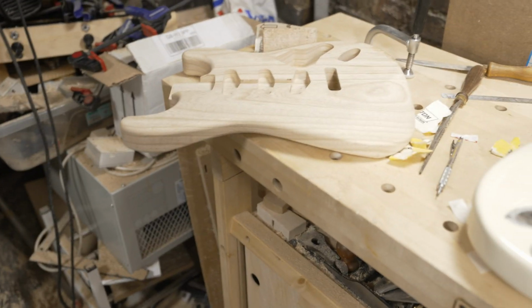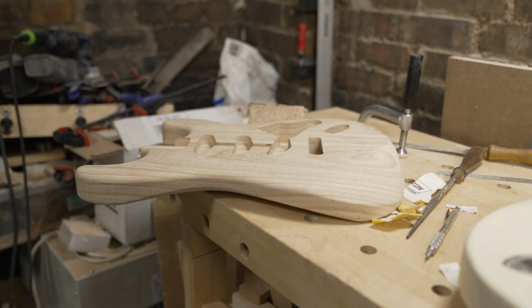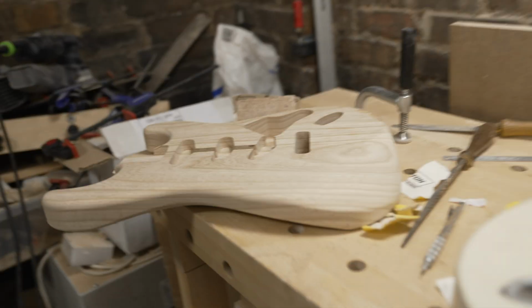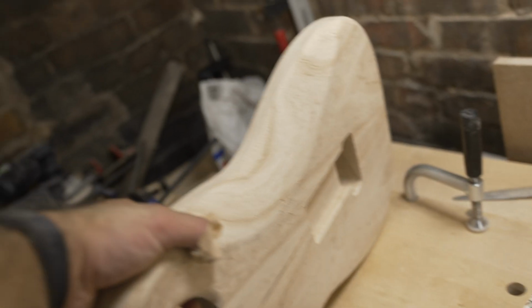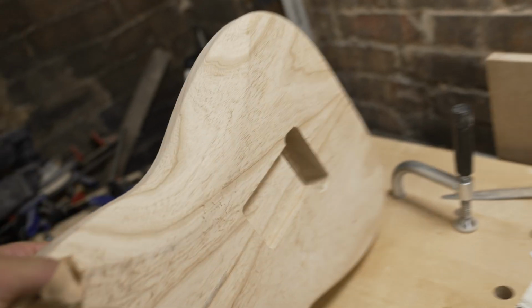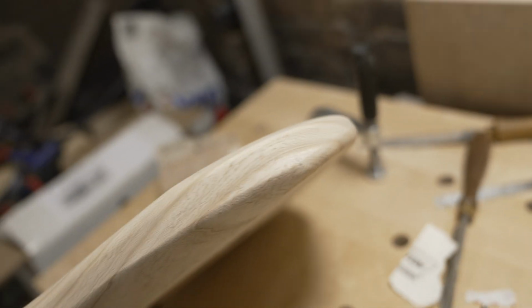That's my first body carve done. Well, nearly done. I can perfect it. I want to make this curve a bit more, what's the right word? Severe, perhaps. So it's a bit more work. And again, this one, I want to make the drop more